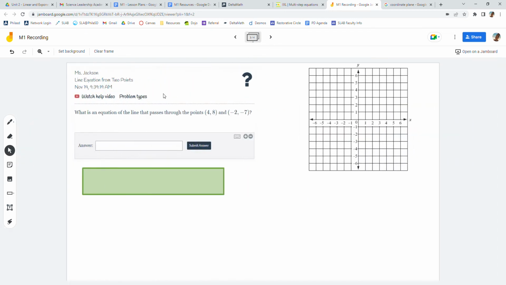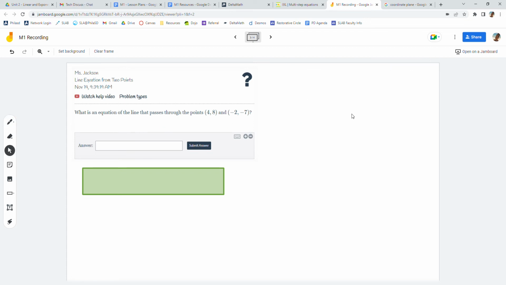All right, so the second skill that you're going to have to do is to write the line equation, or the equation of a line, from 2 points. So here we're given 2 points, and we're not given the slope and we're not given the y-intercept. But we can find the slope either using the equation for slope, or we can graph our points, which is what I prefer to do. Oh, I can't fit 8 on this graph. So for this one, since I can't fit 8 on this graph, I'm just going to use my